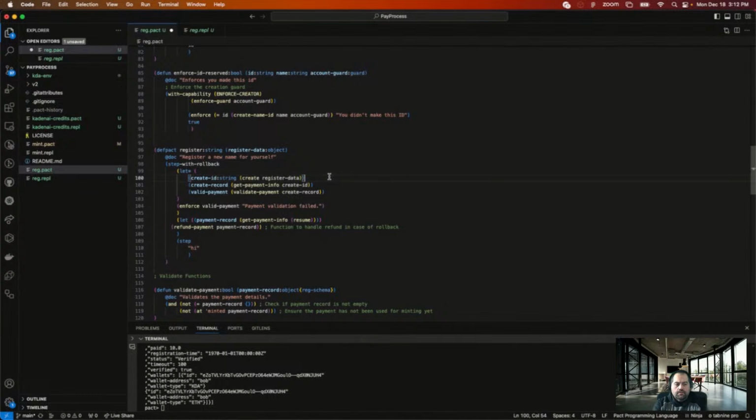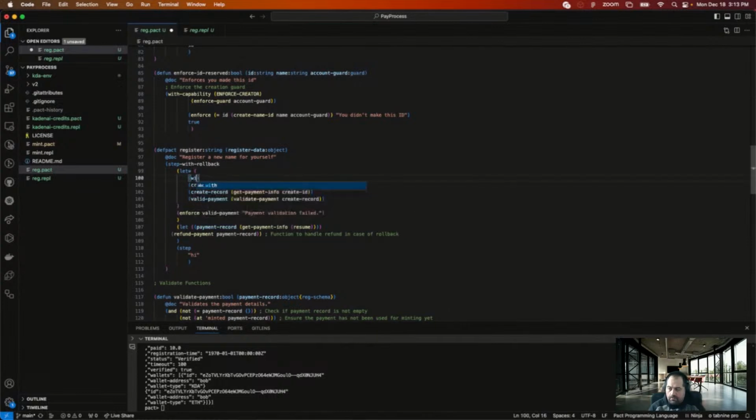Okay, so create ID now, create record. So this would be like with dash capability. Create, call create. Register data. So